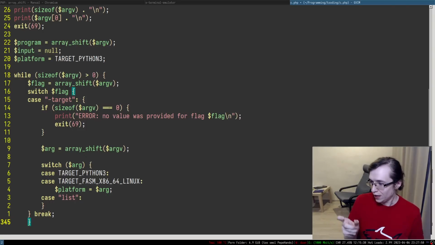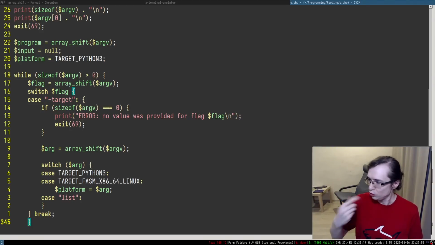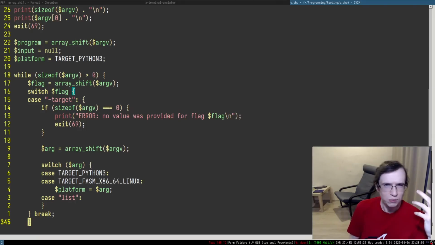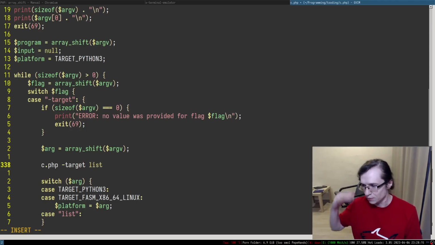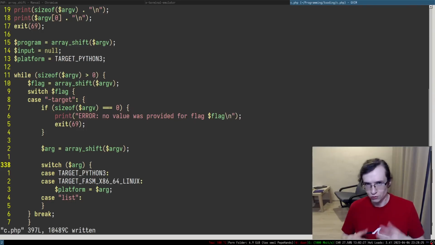So you can provide the target and say list target, and it will basically print all of the available targets, and then you can pick one. It's actually kind of convenient. I think I stole that idea from some existing project, but unfortunately I don't remember. But that's 100% not my idea, right? So essentially, you can say c.php, okay, target, but I don't know what kind of targets we have in here. Okay, list, and that will basically stop and just print all of the targets, and then you can pick one of them, like Python 3 or something like that, right? Which is actually very convenient from the UX point of view, if you know what I mean.